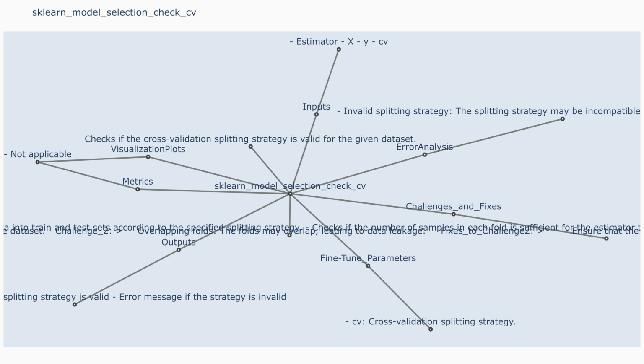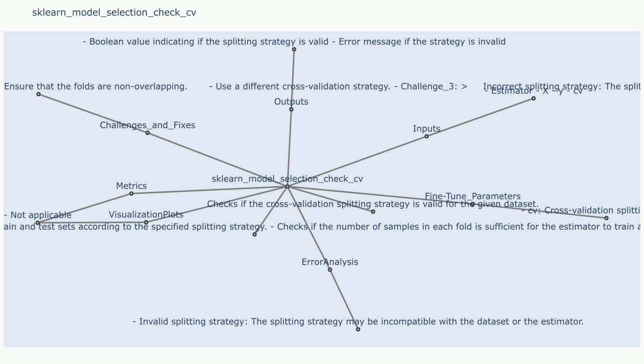YAML. sklearn, model selection, check_cv. Description: this function checks if the provided cross-validation splitting strategy is valid and returns the number of splits. It's mainly used to verify the setup for cross-validation, ensuring that the specified strategy is compatible with the dataset size